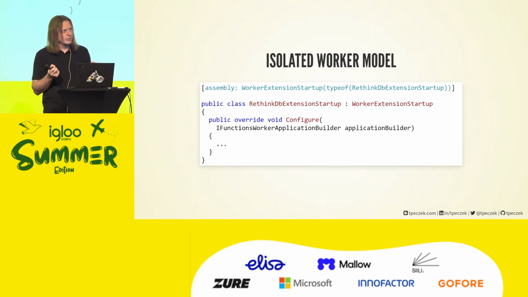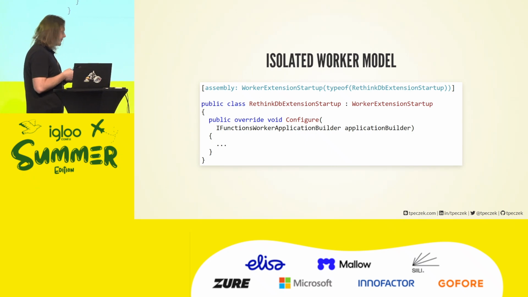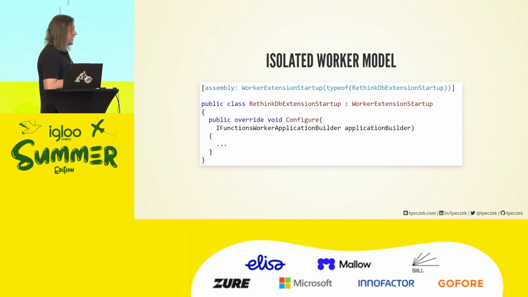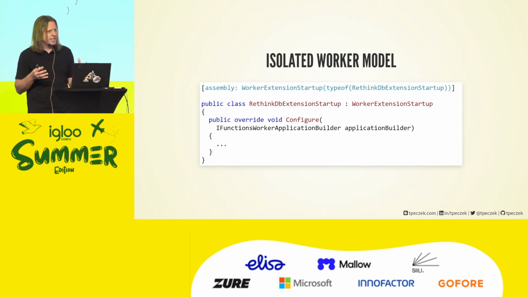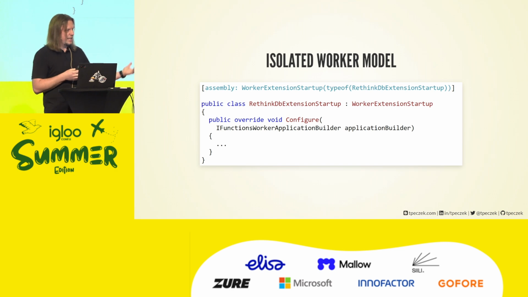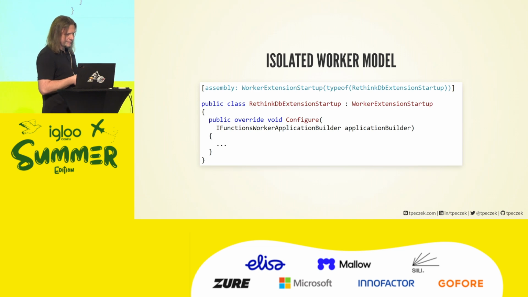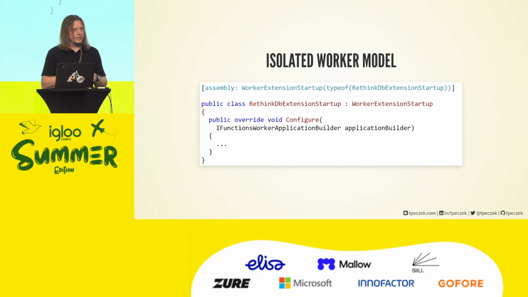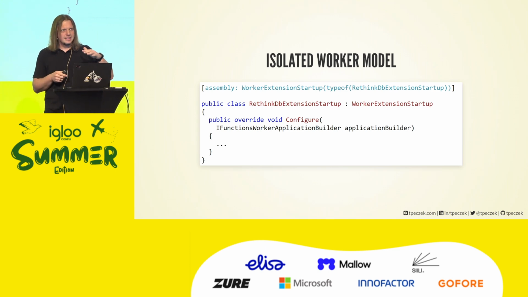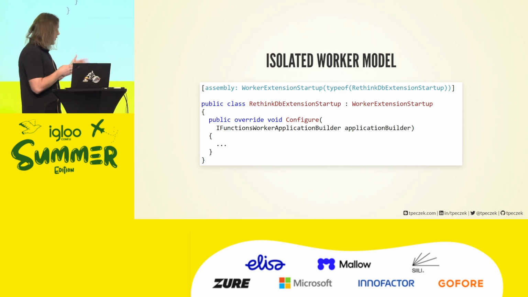So that enables the SDK types for the isolated worker model, and also that architecture of the isolated worker model is the source of all the limitations, that we had things in the in-process model that actually cannot always be done in the isolated worker model. And that, in fact, covers the entire subject of triggers and bindings, let's say, at a high level, after all the code I showed. Okay?